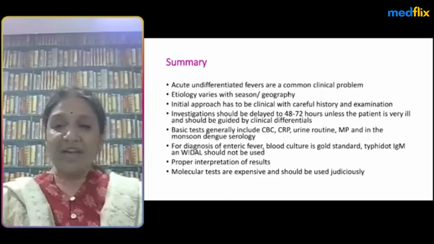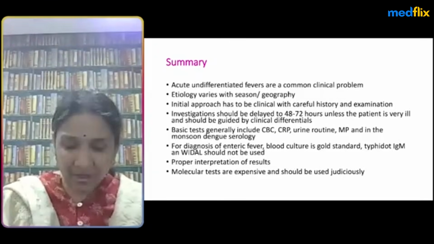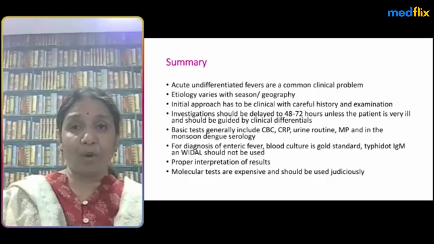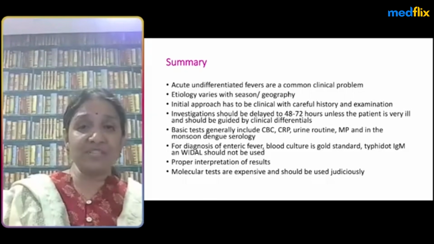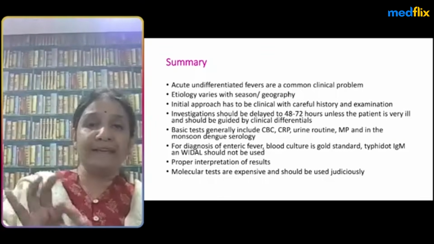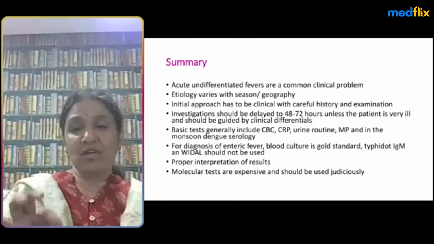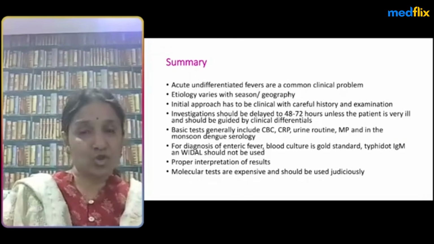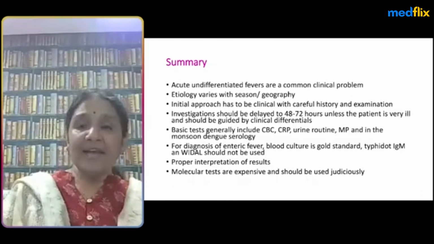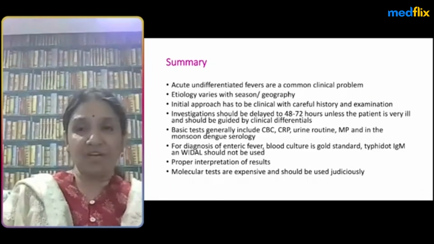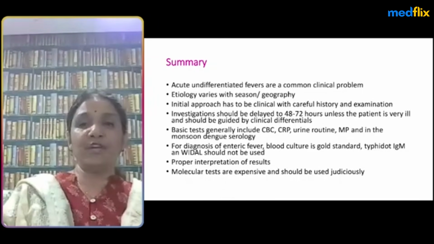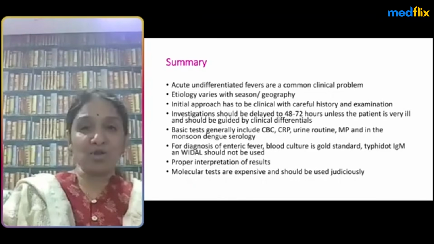So I would like to end my presentation saying that acute undifferentiated fevers are a common clinical problem. The etiology varies with season and geography. The initial approach should be to do a careful clinical examination and history. Investigation should be delayed to 48 to 72 hours unless the patient is very ill, and they should be guided by clinical differentials. The basic test should be a CBC, CRP, urine routine, malarial parasite, and in the monsoon, dengue